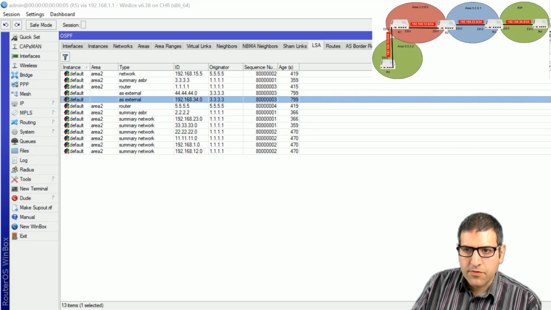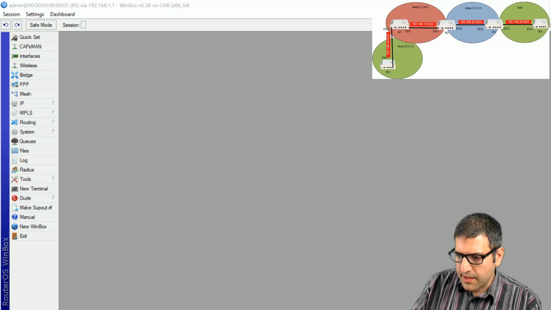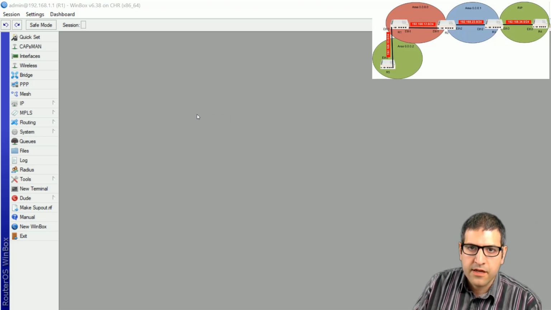Before I go to the other points, I just want to check something with you. Before, I told you that the backbone area cannot be any type of stub: not a stub, not a totally stubby, not an NSSA, and not a totally NSSA. Just to show you, if we go to router 1, which is inside the backbone area,